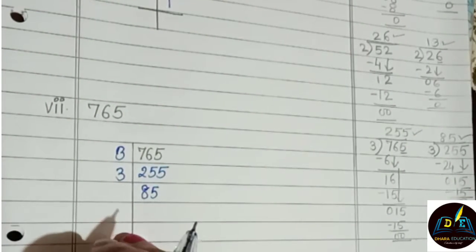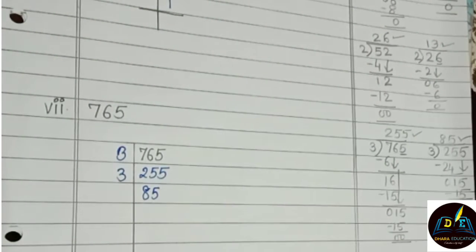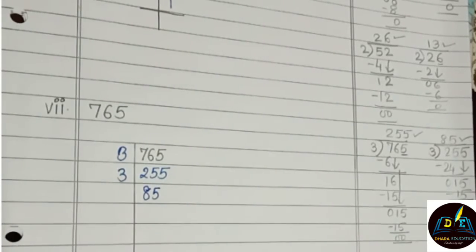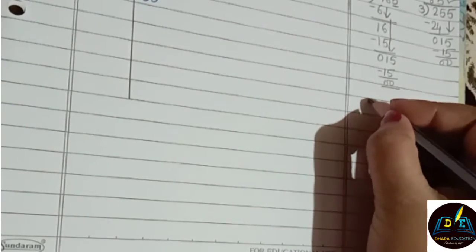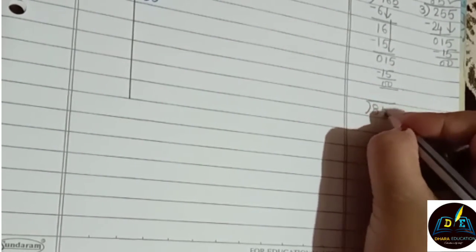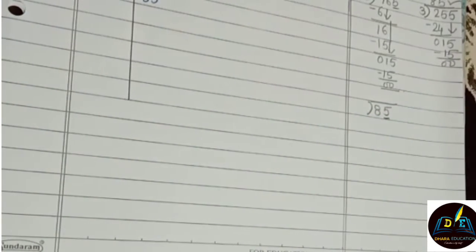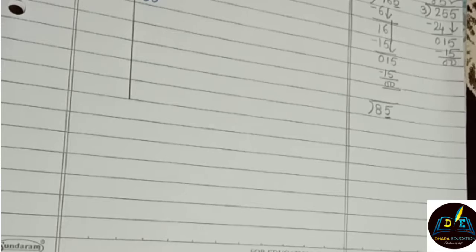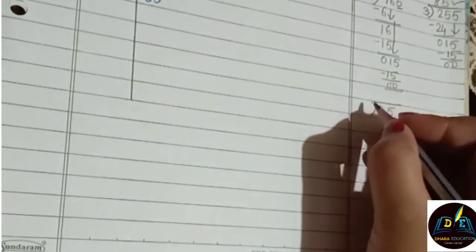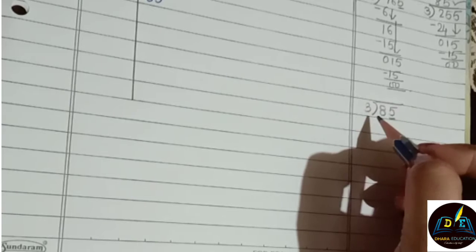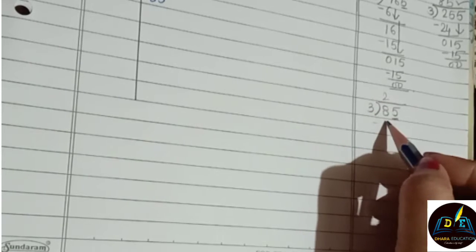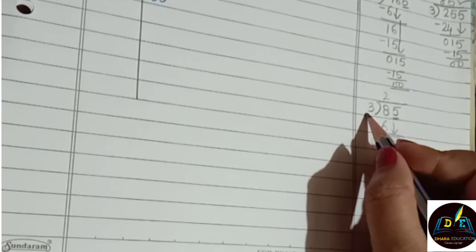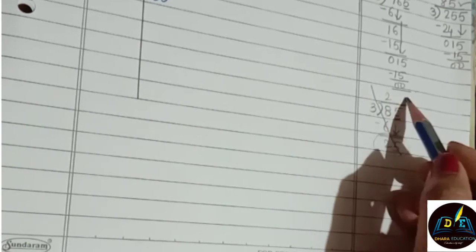Again this 85 can be divided more with the help of 5 or 3 again. So let's see if it can happen. Here I am writing 85 but the unit place is 5. It means it is an odd number. So let's try dividing by 3 once to see if it goes or not. 3 2s are 6, we are getting 2 here and 25. So 25 doesn't come in the table of 3. So this is a wrong solution.